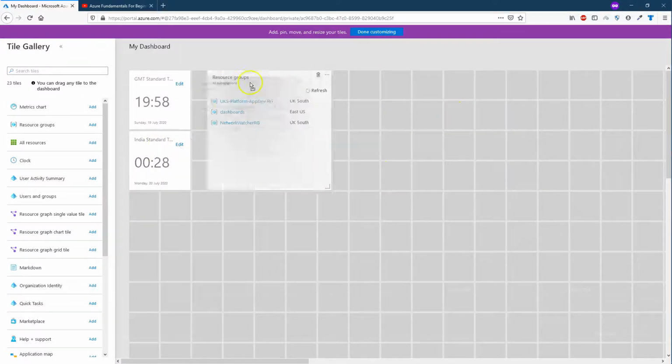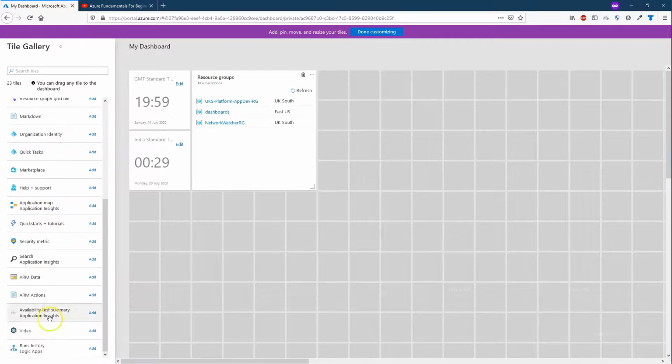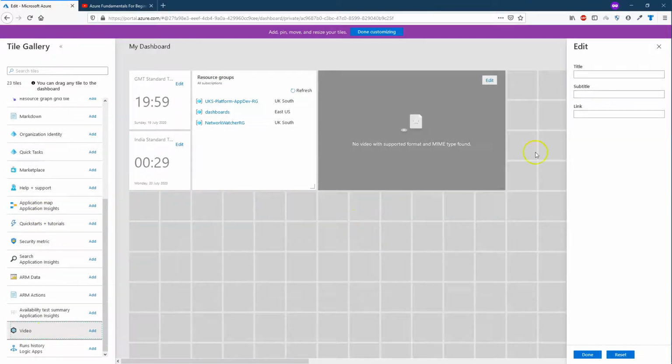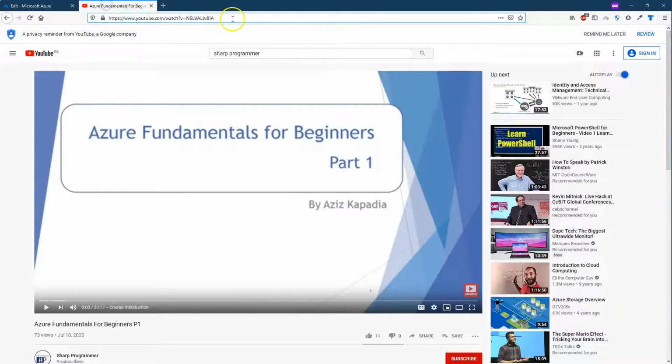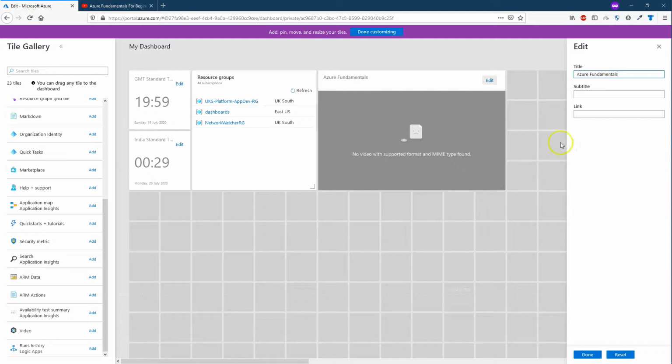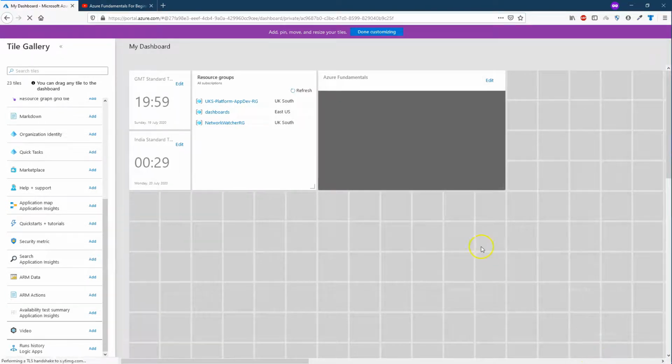Let's rearrange the tiles. Next, select and drag a video tile. Enter title Azure Fundamentals. Paste a YouTube video URL. We can select any YouTube link and paste it in the link text box. Click Done button when done.